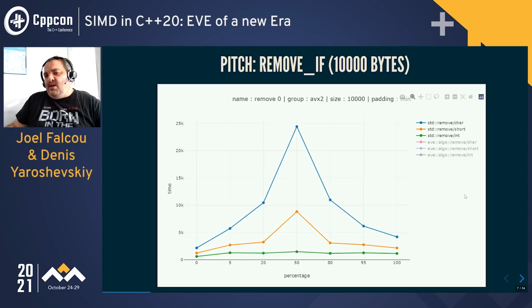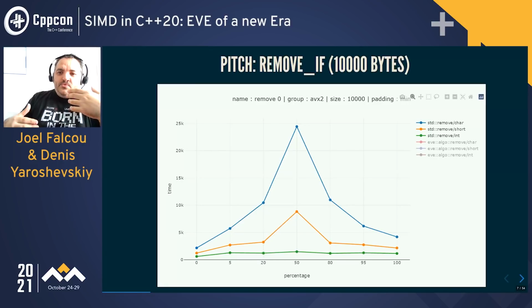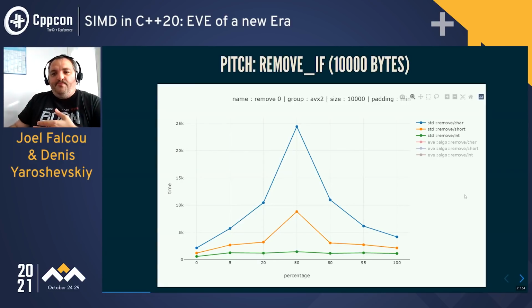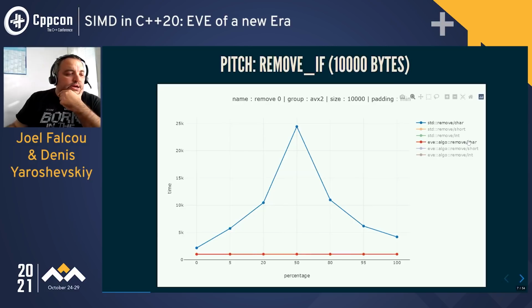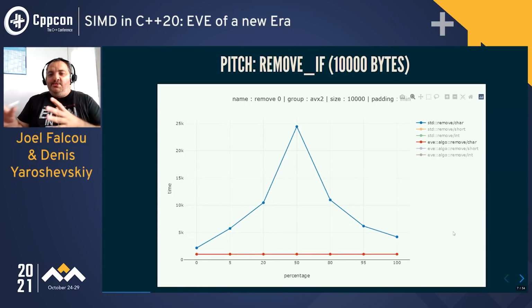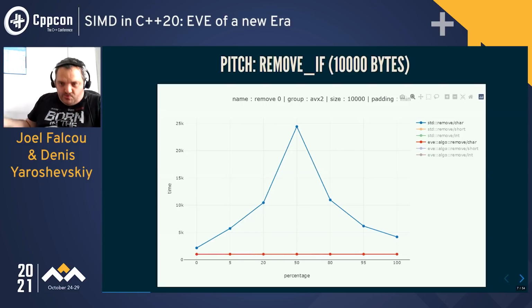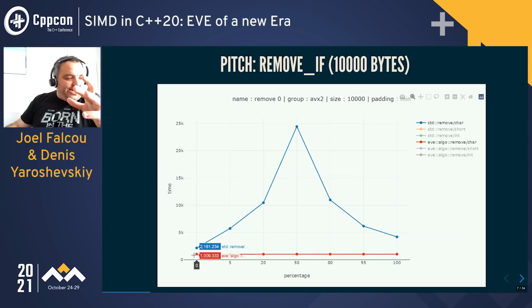But remove if sounds like clearly something you cannot vectorize because you are moving data around. It's very complicated. The trick is actually you can vectorize that. And let's focus on char. We get this very flat graph because when vectorizing this kind of operation, you remove all the branches. So the branch predictor doesn't take any toll on your performances. And you get this very flat 1,000 something,